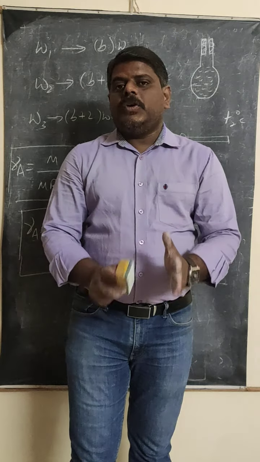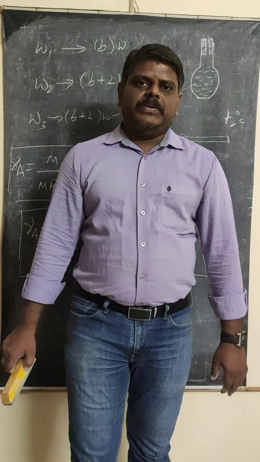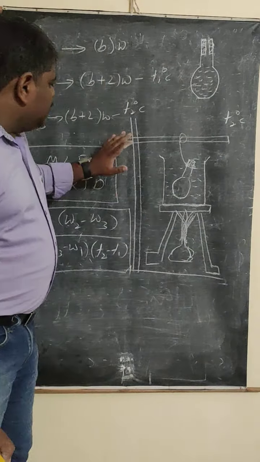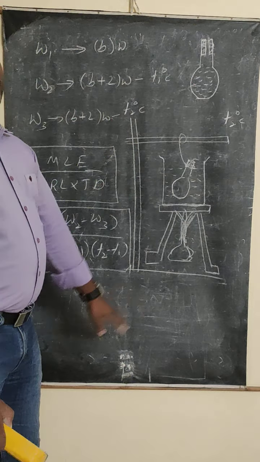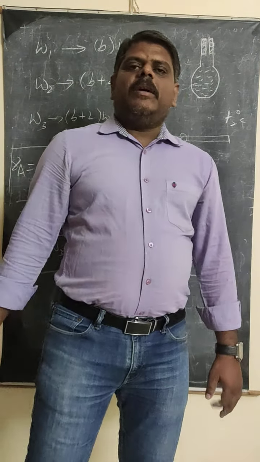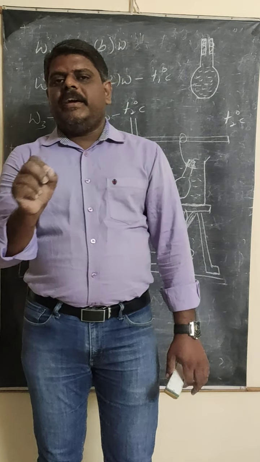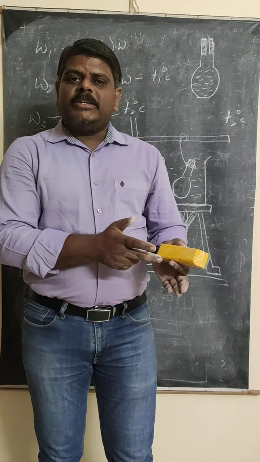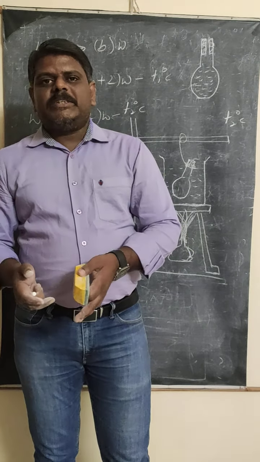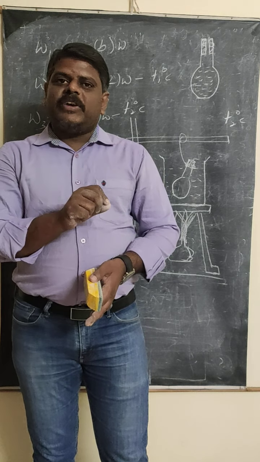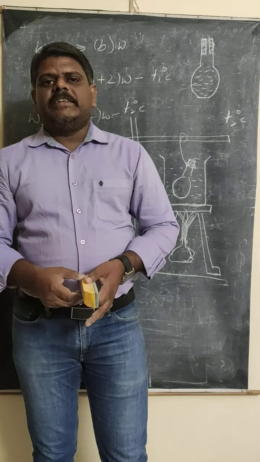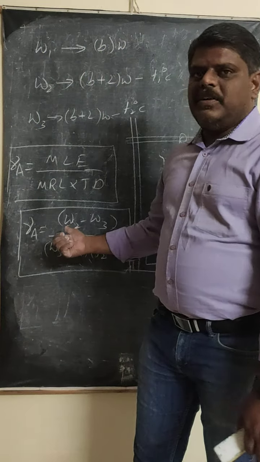And this is only for the competitive part, it is not for PE. Try to remember this formula. Based on this one, we are going to solve the problems. While they are giving the problems, read the problem very carefully: how much mass is given before heating, how much mass is given after heating, and whether the bottle weight is also included or not. You have to consider that, and based on that, find the formula section.